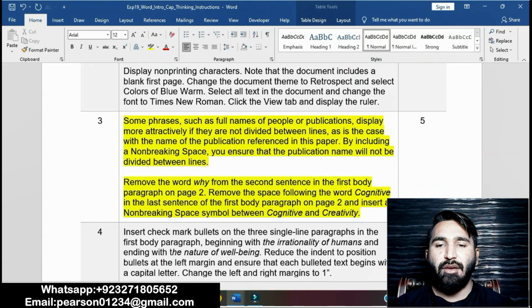Remove the space following the word cognitive in the last sentence of the first body paragraph on page 2 and insert a non-breaking space symbol between cognitive and creativity. Remove the word why from the second sentence in the first body paragraph.